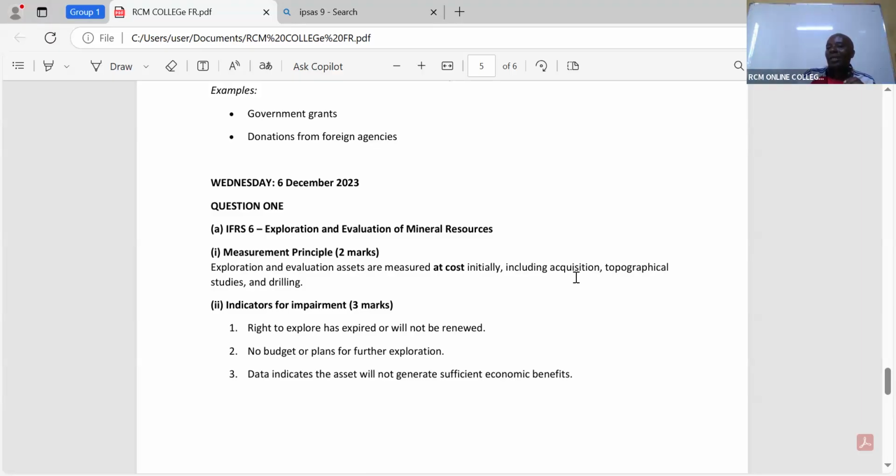Like if it is this particular borehole that I'm talking about, you must do some research. These people must come with this topographical survey, and they have to look at what points could have water. You pay about 50, 60,000 for that. So that must come in as a cost.